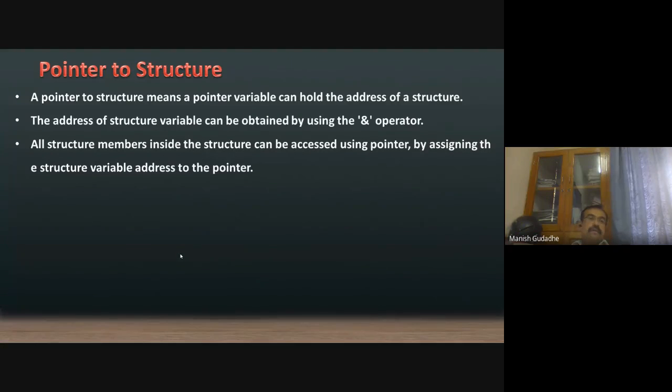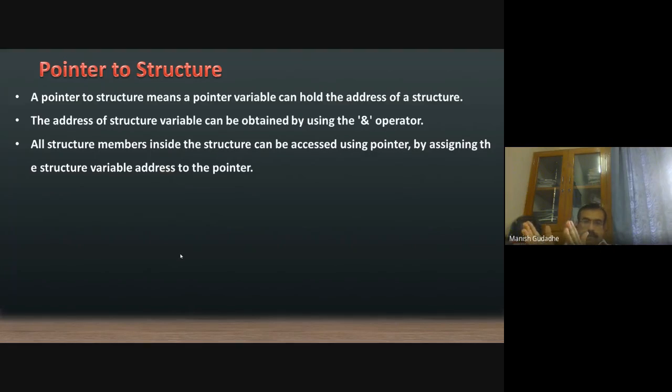Or we can store the addresses of those member variables. A pointer to a structure means a pointer variable that can hold the address of a structure. Of course it can be obtained with the ampersand operator, and all structure members can also be accessed using that pointer, by assigning the structure variable address to the pointer.